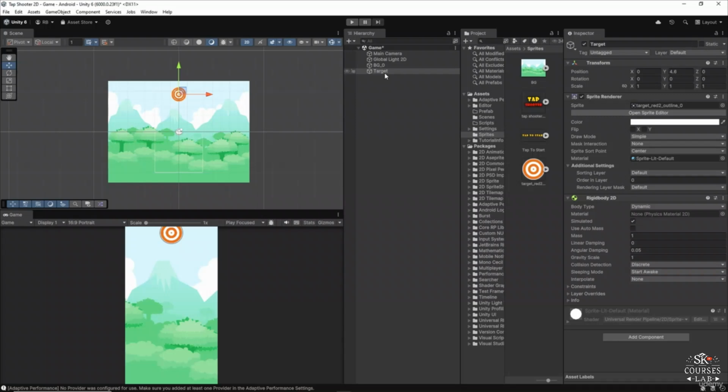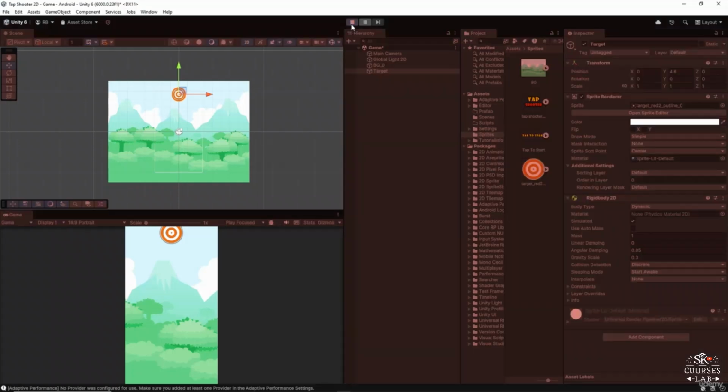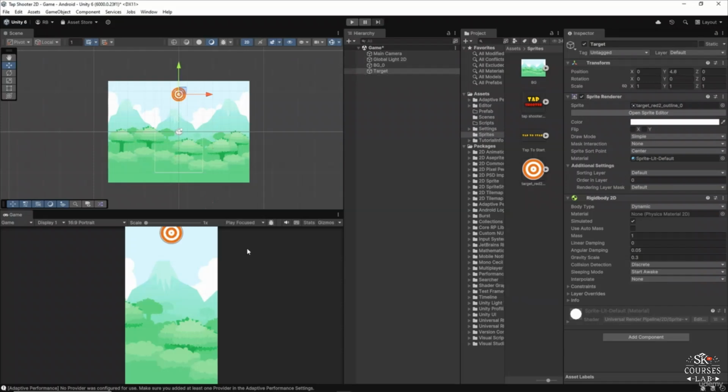What we want is to make it a little bit slower than how it falls down. So that's why we're going to change the gravity scale from 1 to, let's say, 0.3 or something like that. Depending on your game, you can change it to whatever value you want. Because if it is too fast, then we will not be able to shoot it or click it like this. Okay, so now that we have set up the rigid body and the gravity scale,